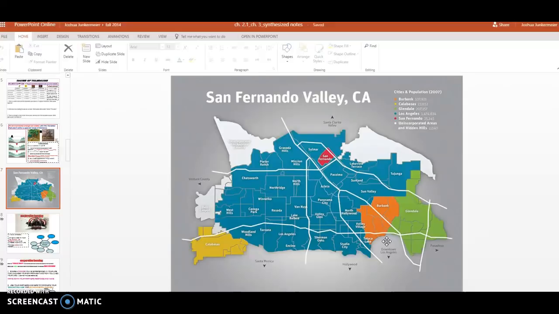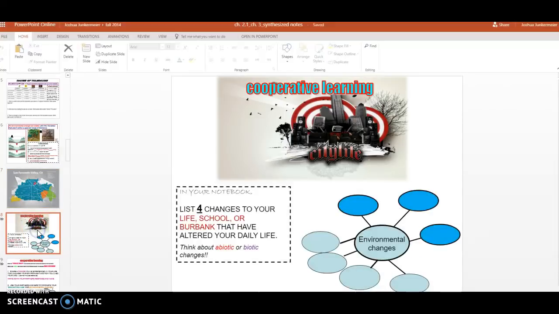Let's think about this. Slide 18 has you doing a task. It says, think about where we live. Think about your life, think about your school, your neighborhood, or Burbank. And think about any kind of changes, 4 changes in fact, that are going on in the city or in your life or at the school that affect your daily life.